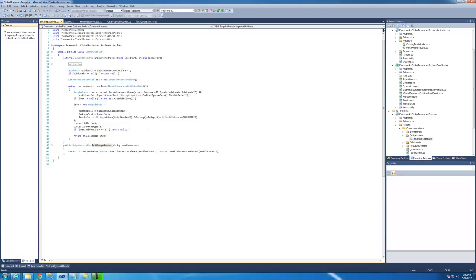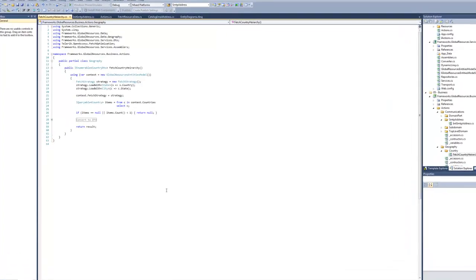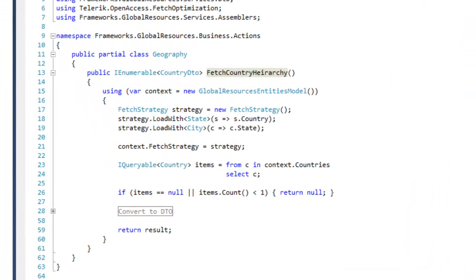Now on that note, I'd like to take a moment to show you a different action, and that's the fetch country hierarchy action. If you recall from the previous example, we were grabbing the objects, we were then calling upon the assembler to do the conversion from the persistence objects to the DTO. We're still doing the exact same thing here, but it's important to note that we have to do a little